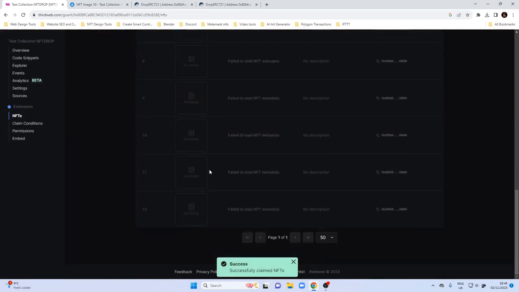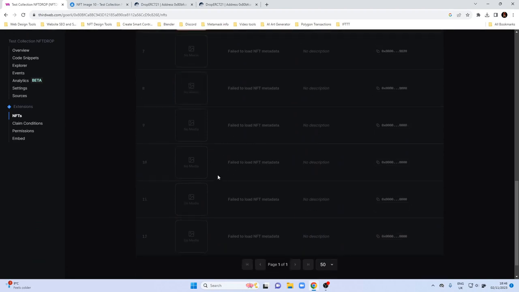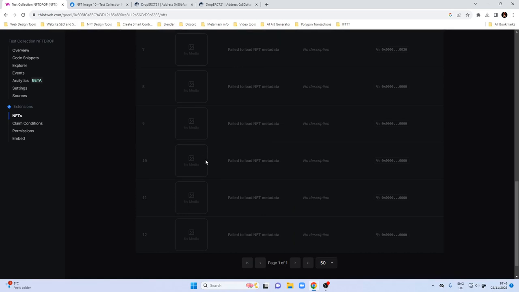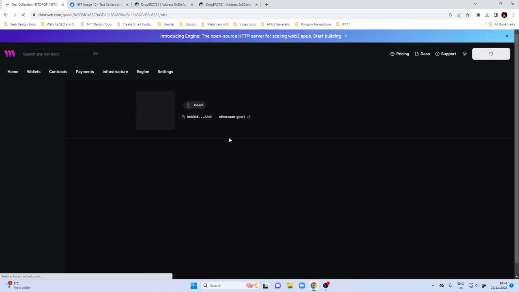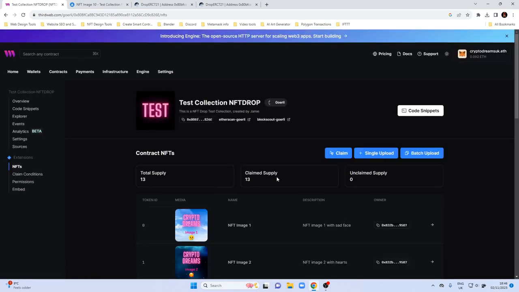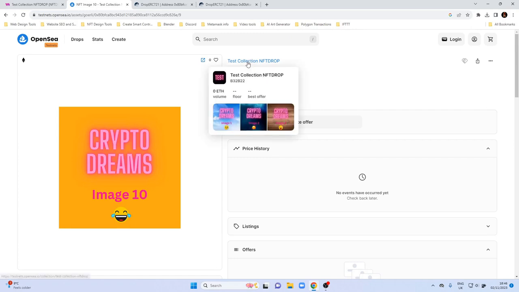Yep, takes a little bit of time. Okay, so that's gone through. And even though they're not appearing on Thirdweb, it is on there. It's just not pulling the data for some reason. But it's these numbers you want to concentrate on: the fact that there's now 13 claimed, which equals the total, is definitely what would go on OpenSea. So we can prove that by